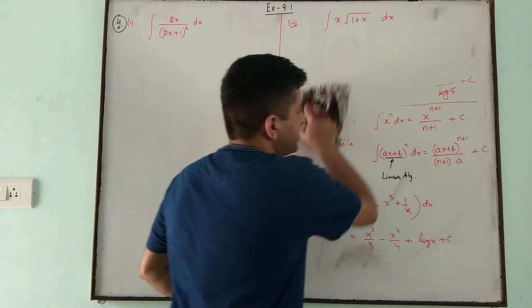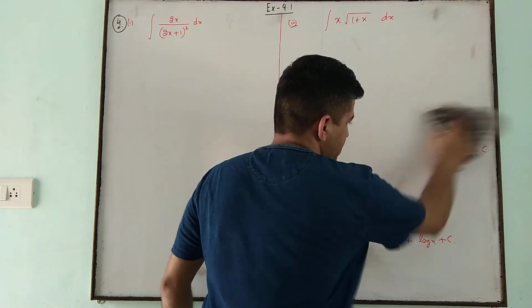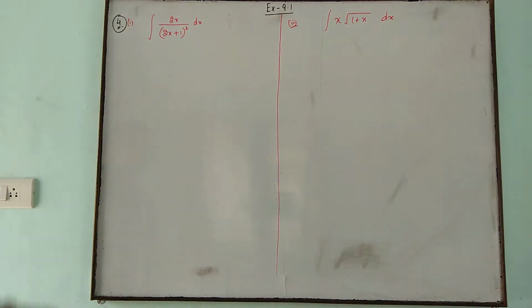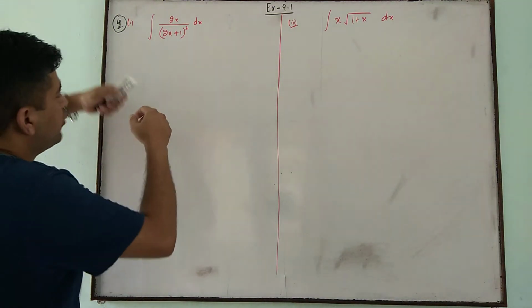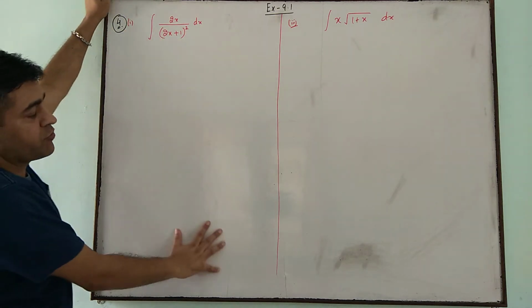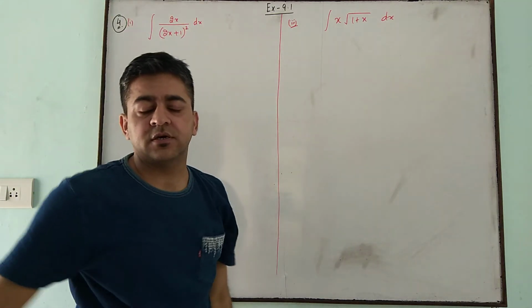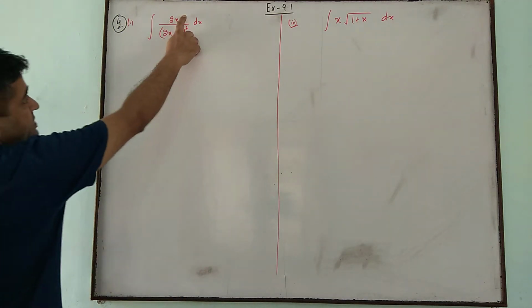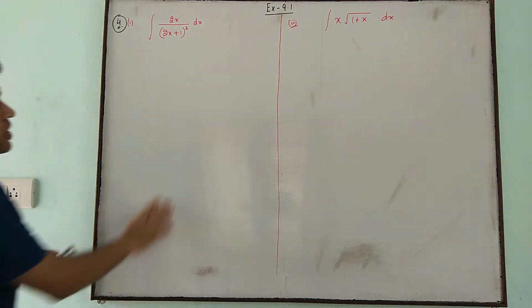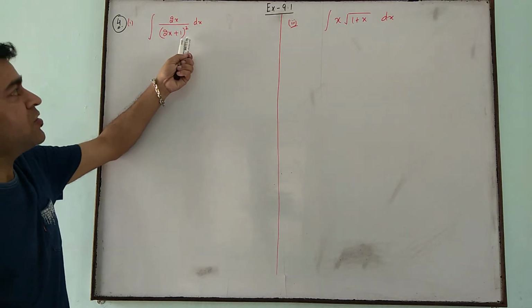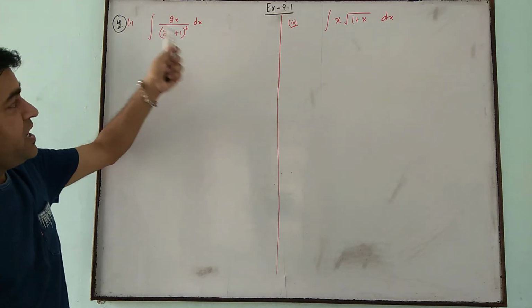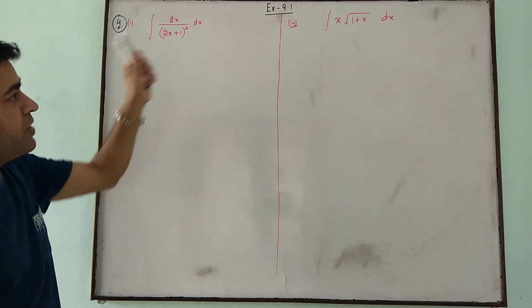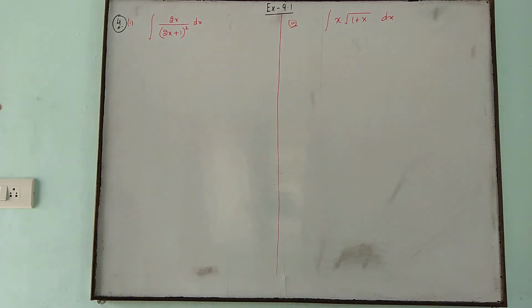Now we have some more questions on these formulas. Exercise 9.1, question number 4, now we do have more methods to solve the questions. We do not have the direct questions here now. We have some of the methods here. He said 2x upon 2x plus 1 whole square. Now we cannot divide because power of denominator is greater. If power of numerator is greater, we can divide, but now what to do? So we do have some particular methods to simplify it.